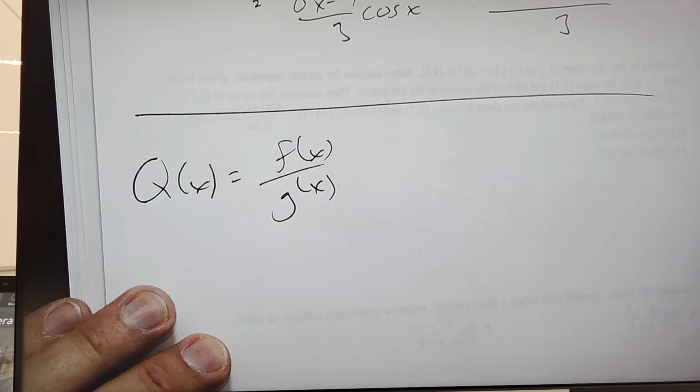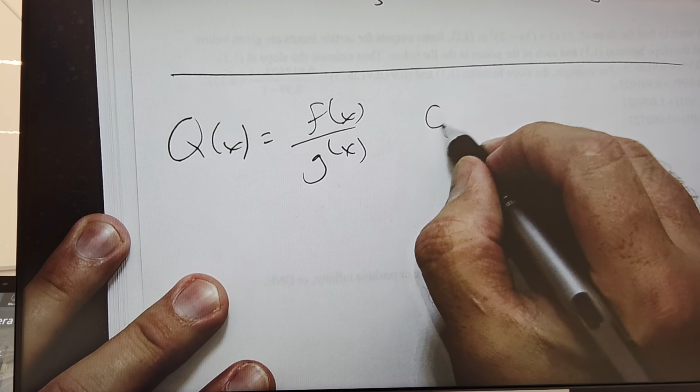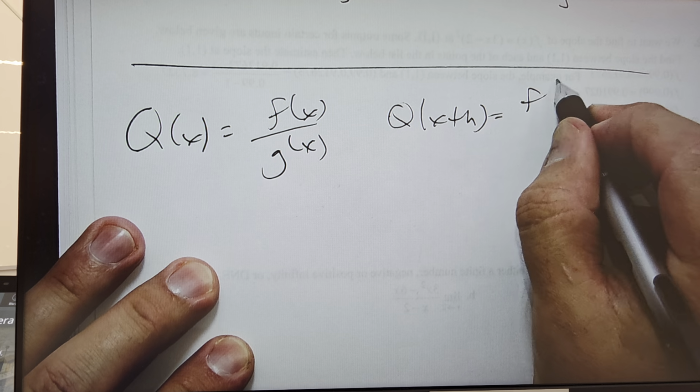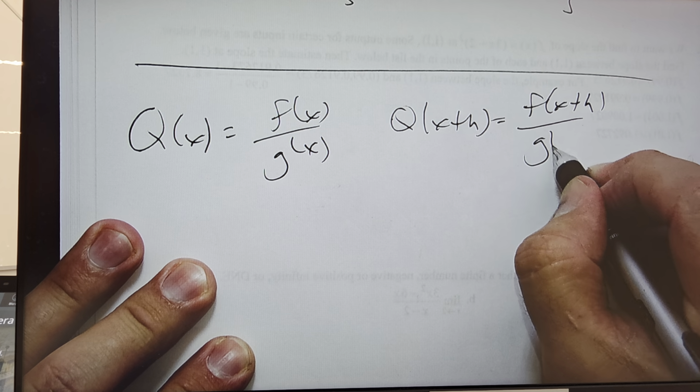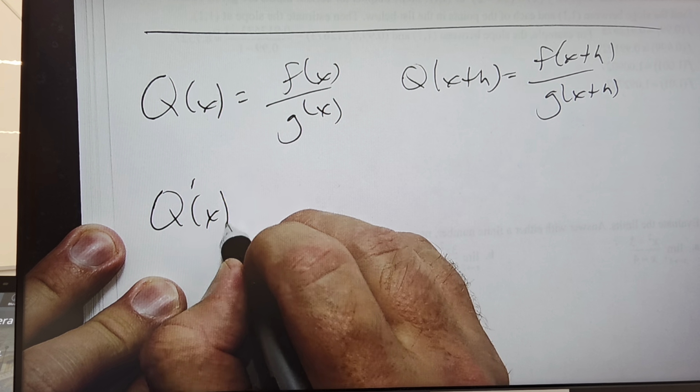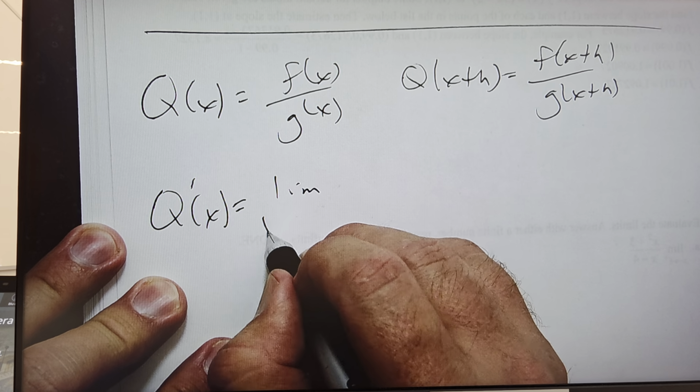You guys excited? Good. What's Q of x plus h? F of x plus h over G of x plus h. That's insane. So then Q prime would be the limit